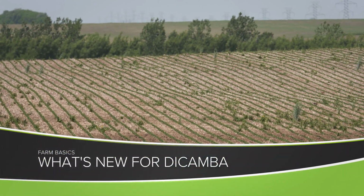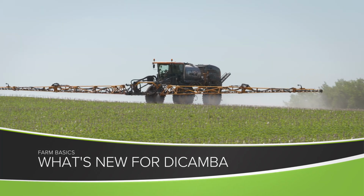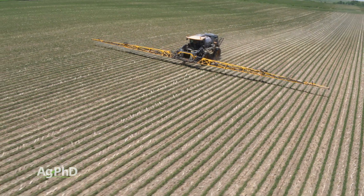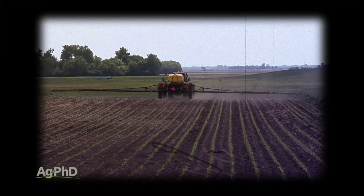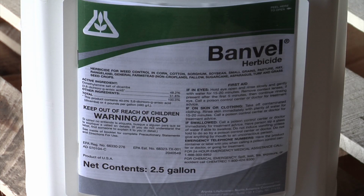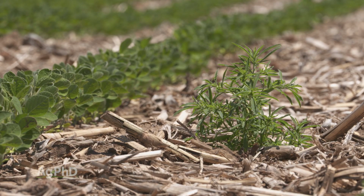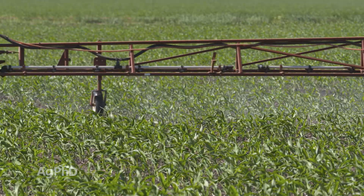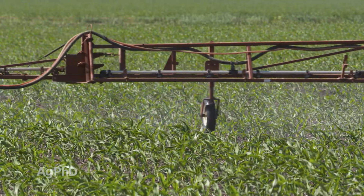During our Farm Basics time today, we're going to talk a little about dicamba and some label changes that occurred in June. Just to give you a little history, dicamba has been out for roughly 50 years, and it has been sprayed all over the world. Dicamba is very lethal to many broadleaf weeds. It is relatively safe to corn and some different crops early in the season, but the real challenge with dicamba